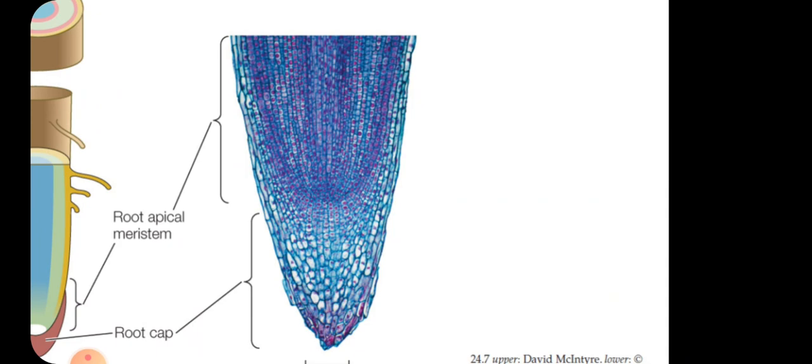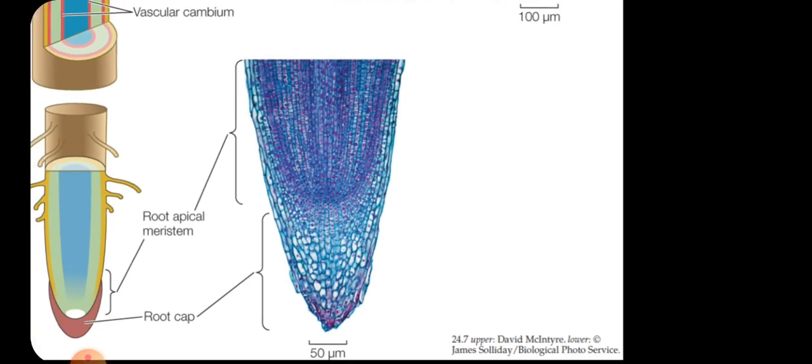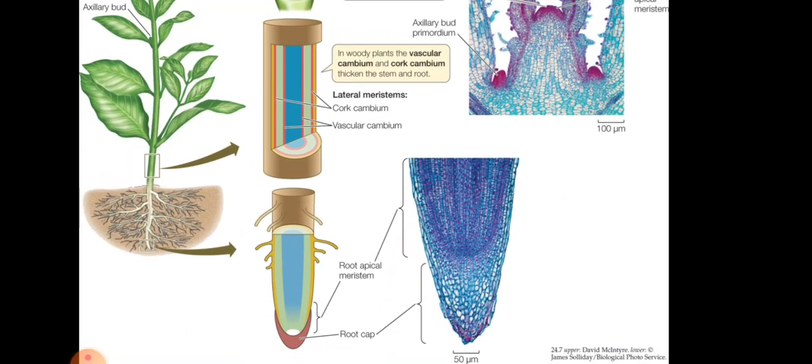The cell divisions in the RAM are responsible for elongation of the root, new tissues in the root system, and regeneration of the root cap. The division occurs in the periphery. In the zone of fast dividing cells, differentiation of vascular tissue begins soon after the cells are produced by the root apical meristem. In the root system, the primordia of laterals originate in the pericycle, a ring of meristematic cells present in the region just inside the endodermis of the primary root.